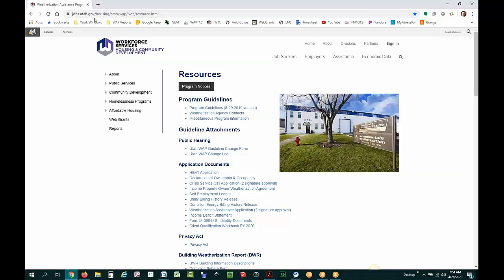I have to bookmark it, but it's jobs.utah.gov, and then you do a /housing, because this program falls under the Division of Housing, and then SCSO, and then /WAP/IWTC/resource.html. It used to be much simpler, but our masters went and messed that up, so make sure to bookmark it